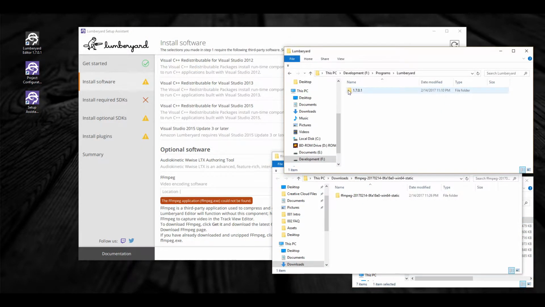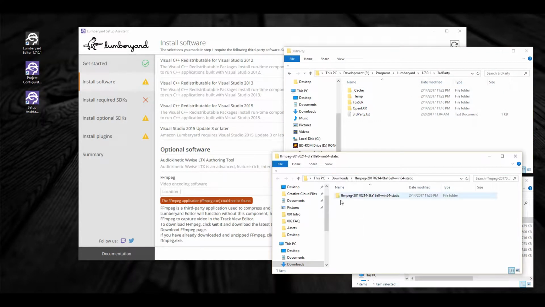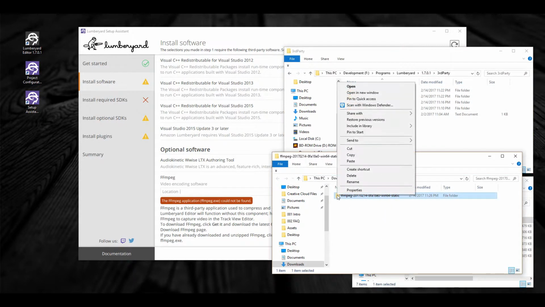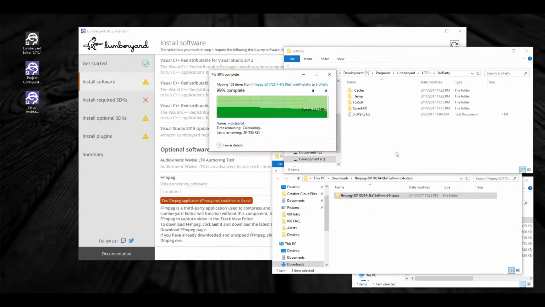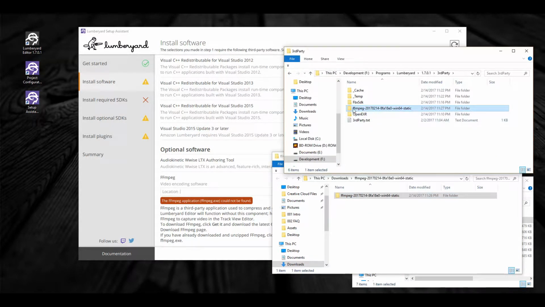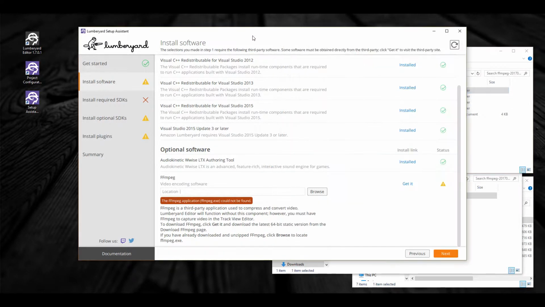So I'm going to extract that file. And then I'm going to go back to the third-party directory, and I'm going to cut and paste that right in there. So now I have the encoder here, and this directory here is going to be of importance to us. It's good to know where that is because if you go back to the Lumberyard installer,